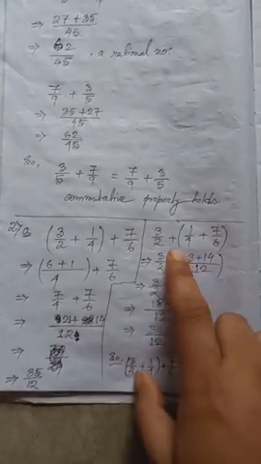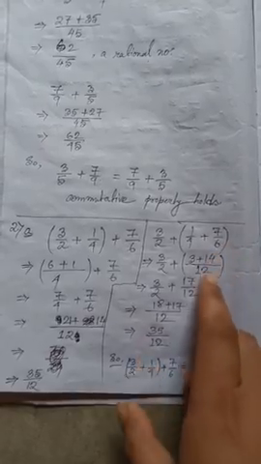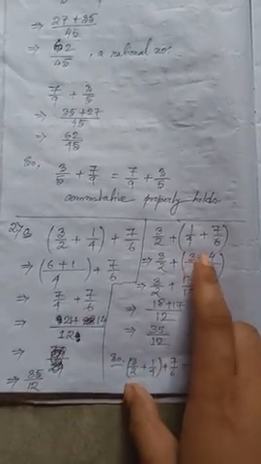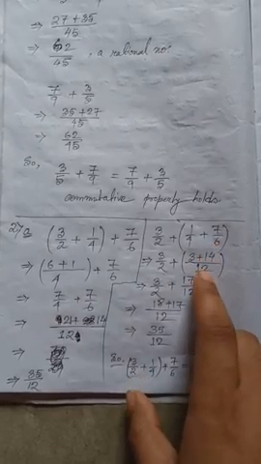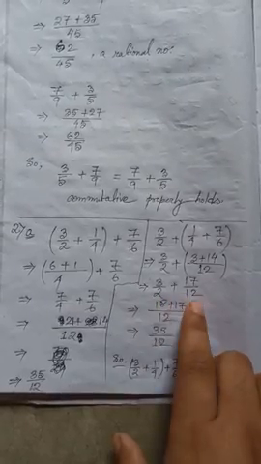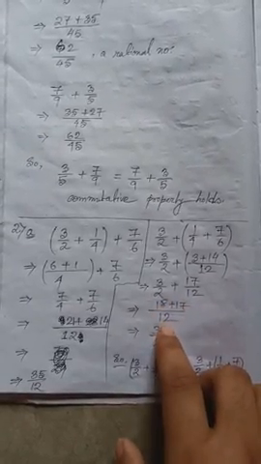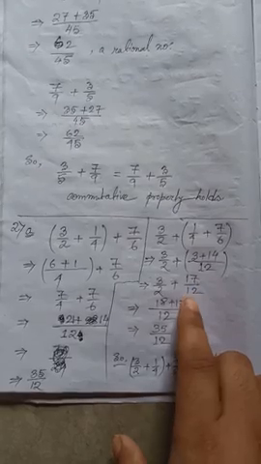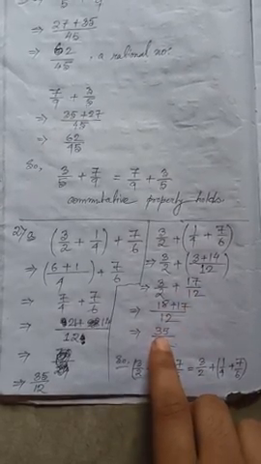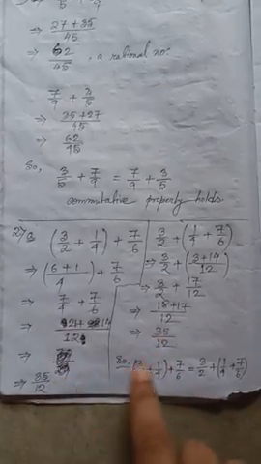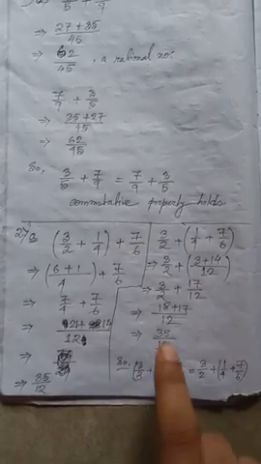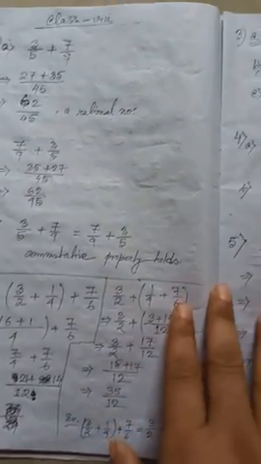And the right hand side value, give a bracket here, and the LCM of 4 and 6 is 12. 4 times 3 is 12, 3 times 1 is 3, 6 times 2 is 12, 2 times 7 is 14. So the sum is 17 by 12. Now the LCM of 2 and 12 is 12. 2 times 6 is 12, and 6 times 3 is 18, and 12 times 1 is 12, 17 times 1 is 17. So the sum is 35 by 12. So the left hand side value and the right hand side value will be the same. So the associative property holds on rational numbers for addition.